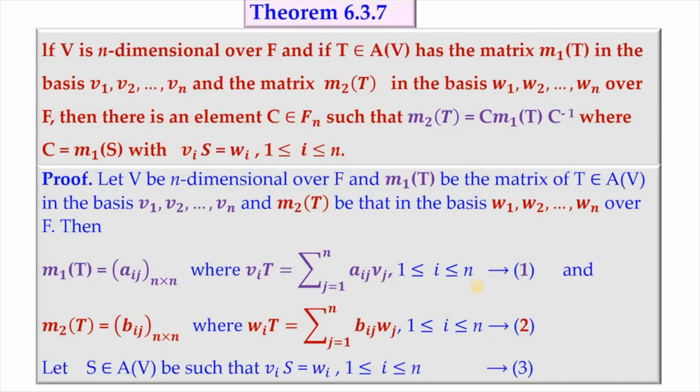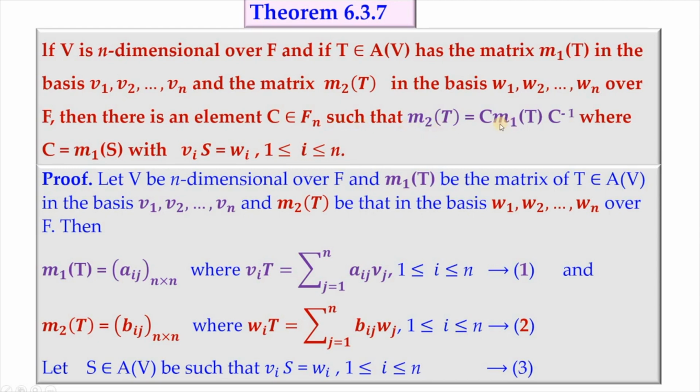So that is proved in this theorem 6.3.7, which states that if V is n-dimensional over F and T is a member of A(V), that is, T is a linear transformation which has the matrix M1(T) in the basis v1 etc. vn and the matrix M2(T) in the basis w1 etc. wn over F, then there is an element C, which is an n cross n matrix over F, such that